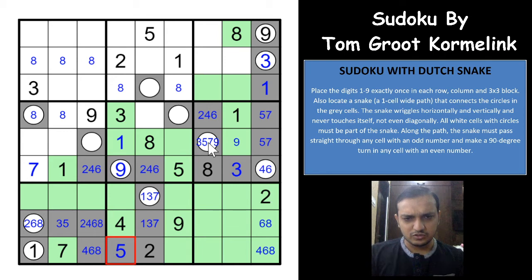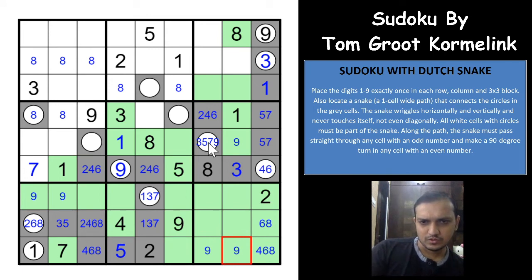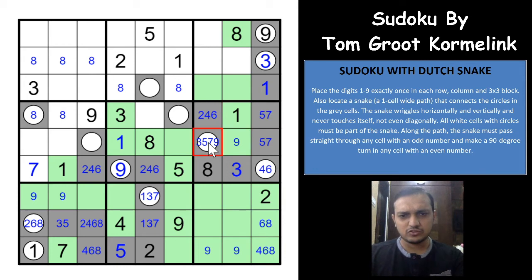The 5 gives you something. Okay, so as you can see, box 7 can have 9 in only one of these two cells, so that gives you a 9 in one of these two cells. So you already have a 5 7 pair here, a 3 here and a 1 here, so this would have to be a 9. Easy to see, we missed it, so which means you get a 9 here.